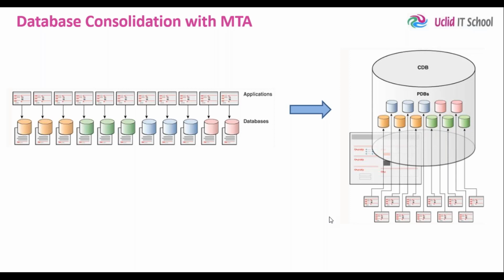Of course, this server should be powerful enough to power all these databases. It should have more CPU, more memory, more storage. Because it is not one database now, multiple databases acting as one, sharing all these server resources. So this is what multi-tenant architecture allows you to do. You can consolidate all your databases and manage them together as a single database. So when you deploy multi-tenant architecture, you create a container database and you create pluggable databases. So that is the new norm now going forward.